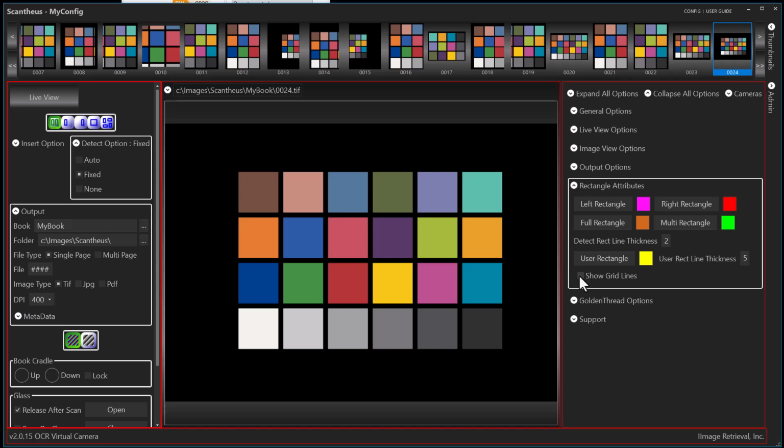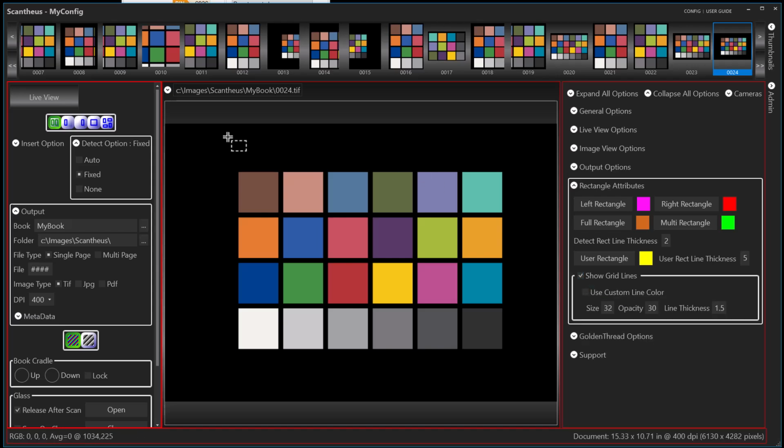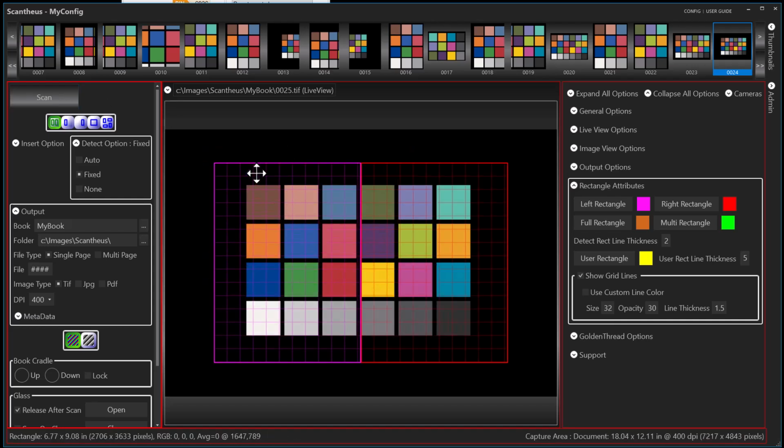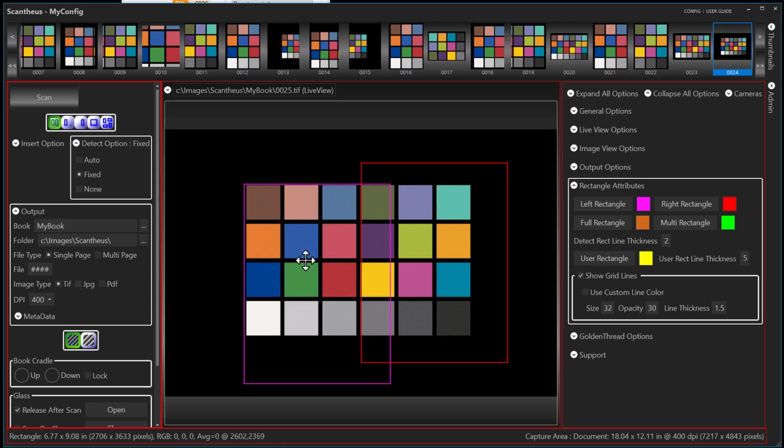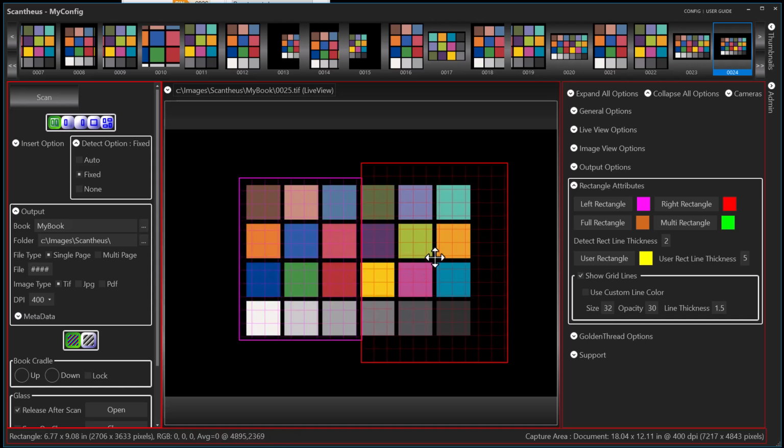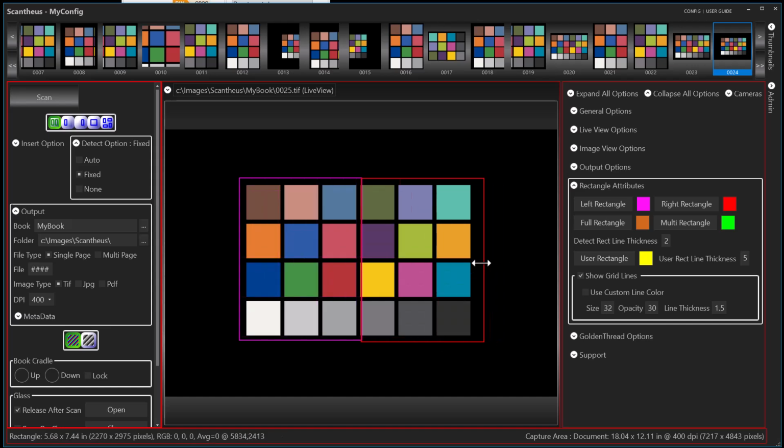Now the show grid lines is a nice feature, and what that does is it puts these grid lines in there. So that helps you see if you have your document correctly oriented. So it's positioned right, so you have a nice horizontal and vertical instead of it having some skew in there. By default, the color of the grid lines is the color of the rectangle,